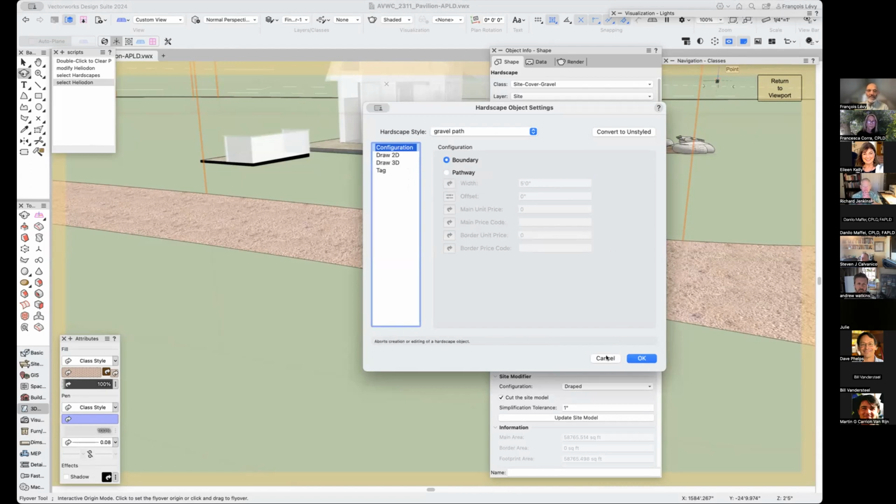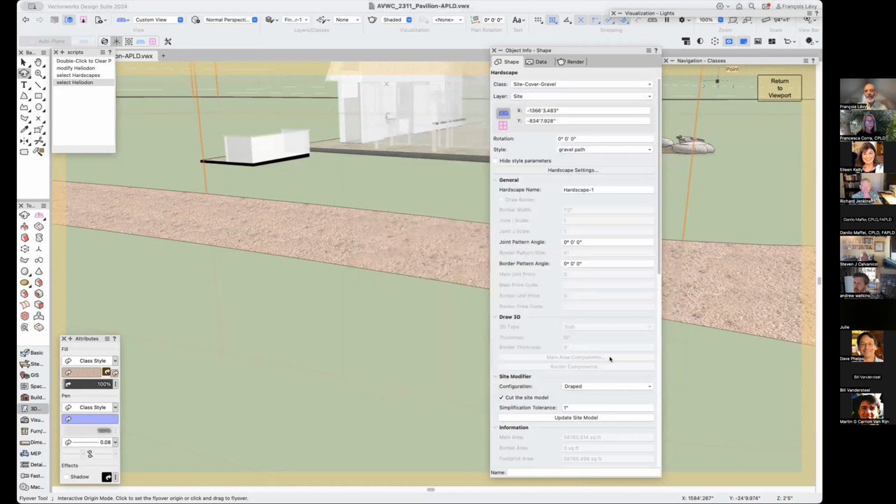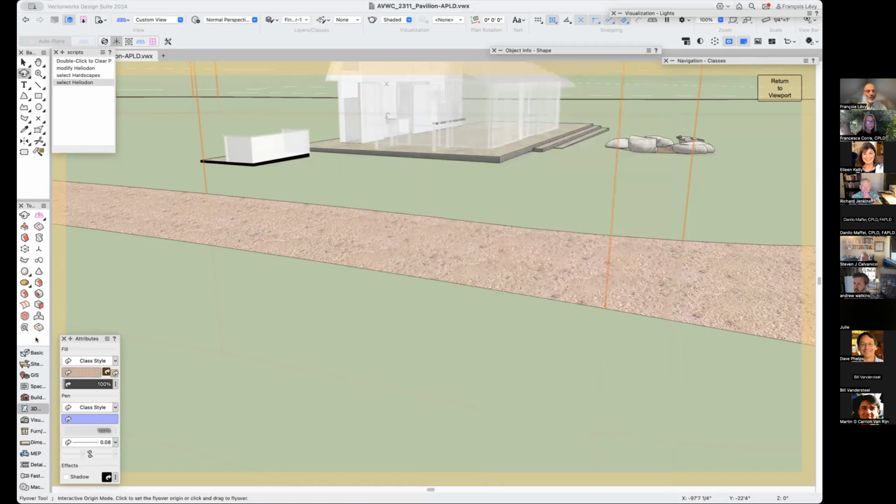If it were the same width throughout, it would make sense to make this a bound pathway. But because it changes width and turns into some kind of very informal parking areas, I decided to use that as a boundary. So essentially I just traced the entire edges of that whole road and parking area with a polyline. And then rather than use the hardscape tool...